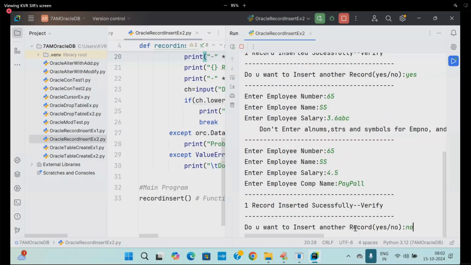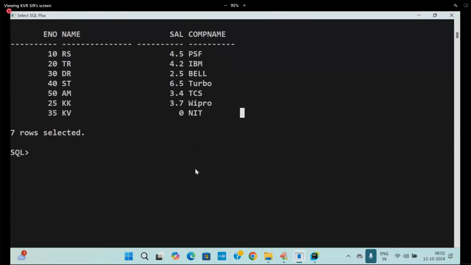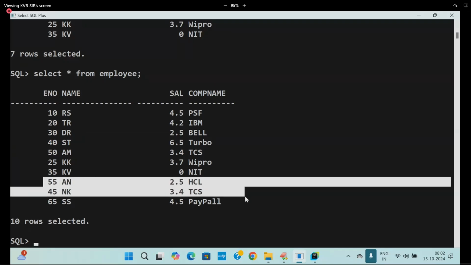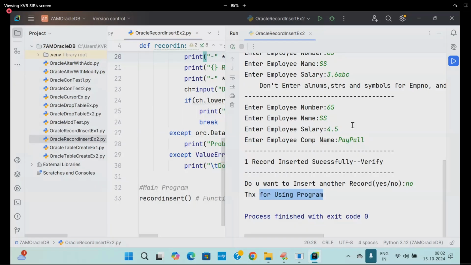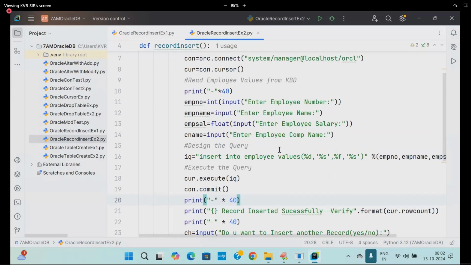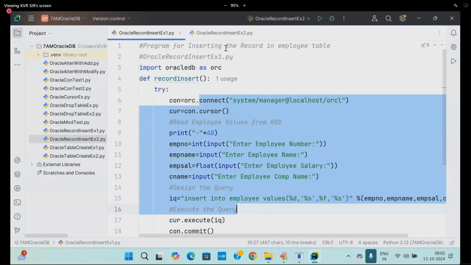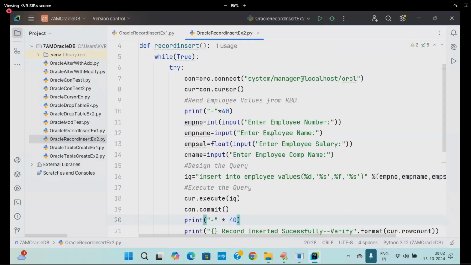I say no here. It is getting stopped. So go to the database level and check the number of records which are inserted. We are getting this data inserted. I think you are following me on how to insert the records. This is called a multi-interactive program for inserting the records. Very, very important examples: inserting one record at a time, inserting a group of records with a while true, and then